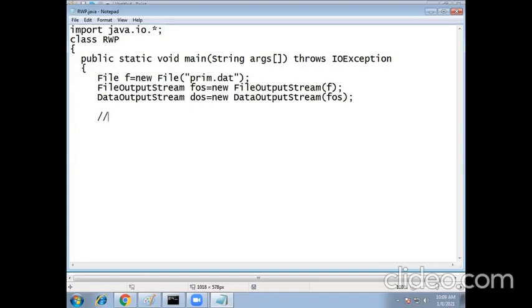Now what you have to do is write data into a file. What is the file name?